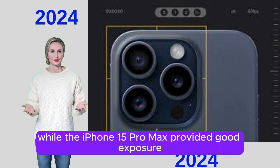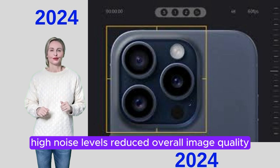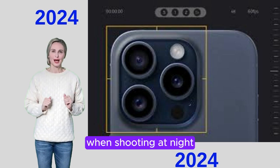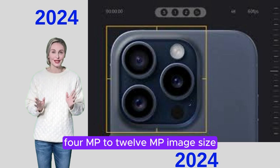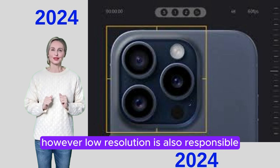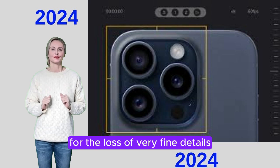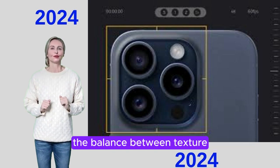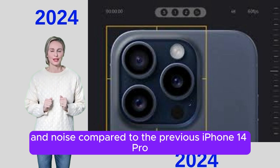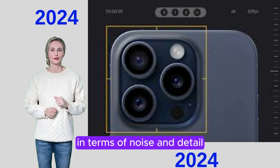Low lighting. While the iPhone 15 Pro Max provided good exposure and maintained high levels of detail in low light conditions, high noise levels reduced overall image quality. When shooting at night, the device will automatically switch from 24MP to 12MP image size, allowing for better noise control. However, low resolution is also responsible for the loss of very fine details. However, some specific efforts have been made to significantly improve the balance between texture and noise compared to the previous iPhone 14 Pro. While low light performance in photography mode could have been better in terms of noise and detail,